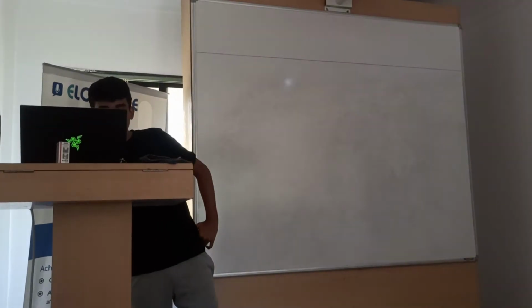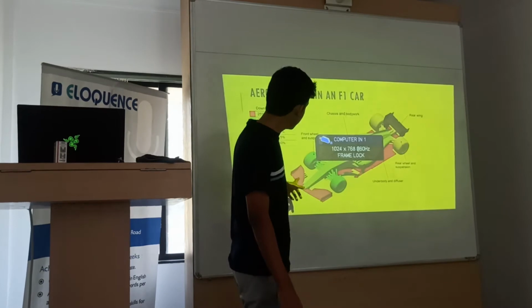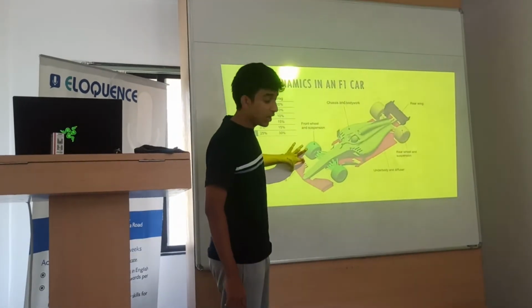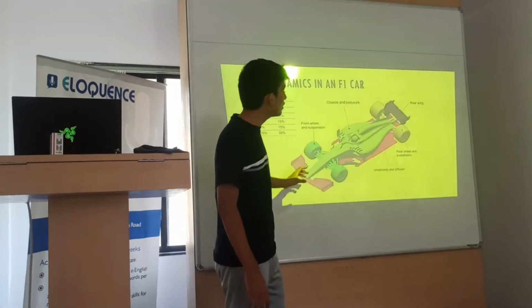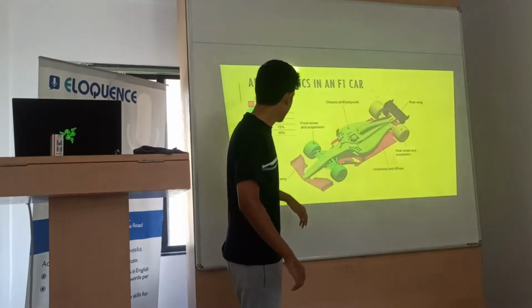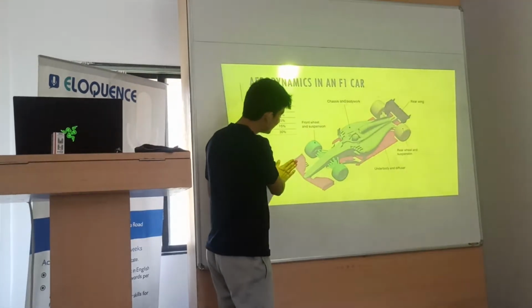Okay. Now here, as you can see in the front wing, there are different components. It is not simply one piece of carbon fiber. And also I should mention the whole car is made of carbon fiber to reduce weight and also increase its strength. These are the wings of the front wing and these are the end plates.